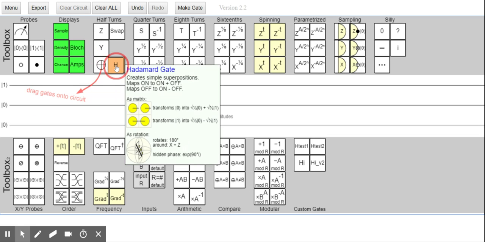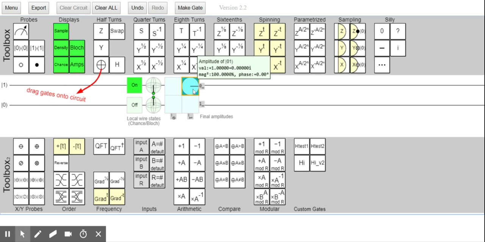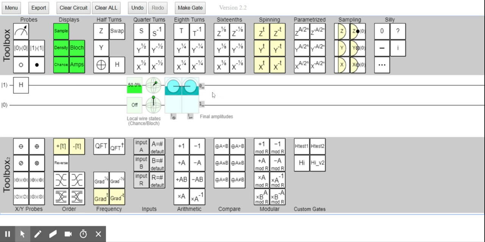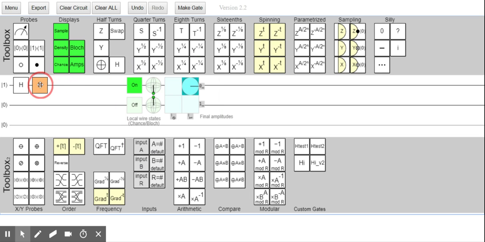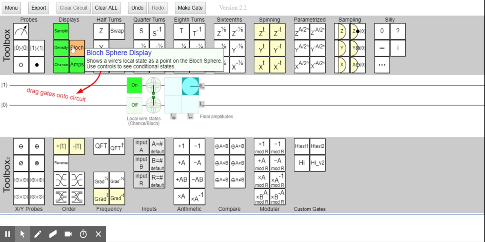So if you apply Hadamard, here we're in the state one with phase zero. If you apply Hadamard, now it's this superposition, and if you apply Hadamard again, then you're back at where you started. Now look what happens if you apply